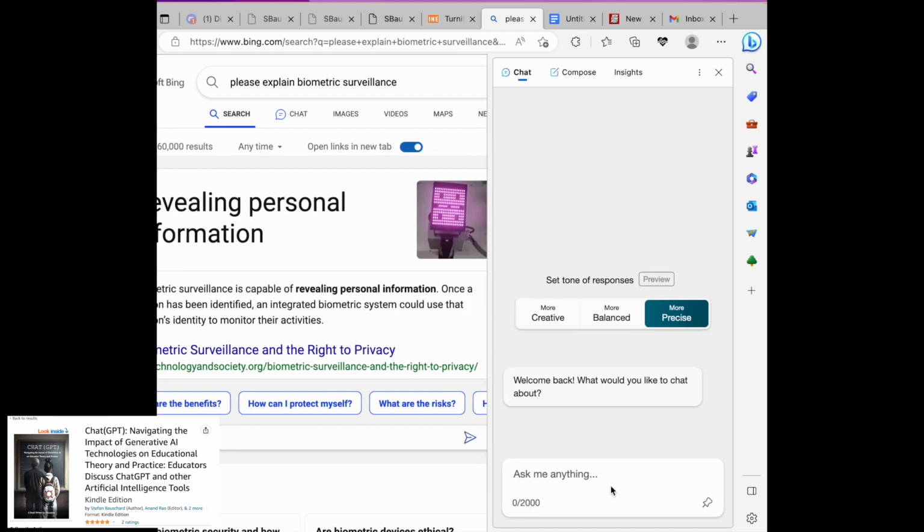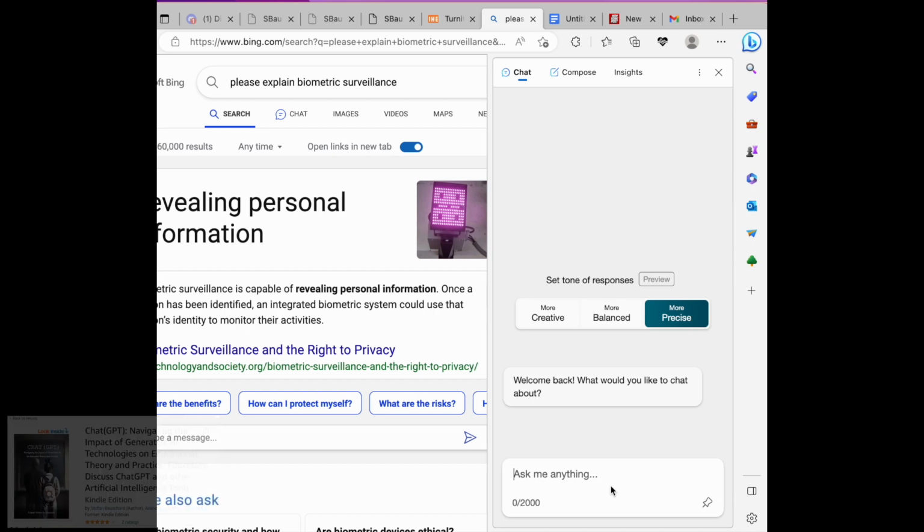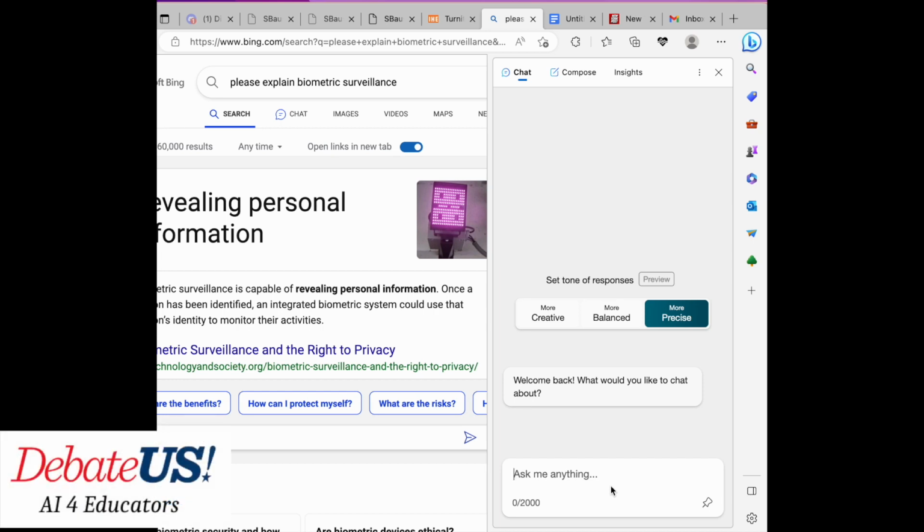And I kind of default to having it be a little bit more precise because I'm not trying to be creative here in any particular way. I'd like the students to learn some information. And now remember, when we're prompting, we always want to kind of think about the role, the specific prompt itself, and then giving some additional details. So I'm going to say I am a high school